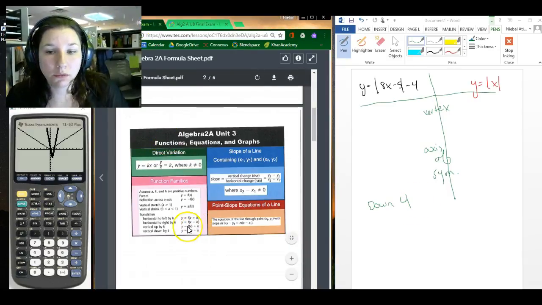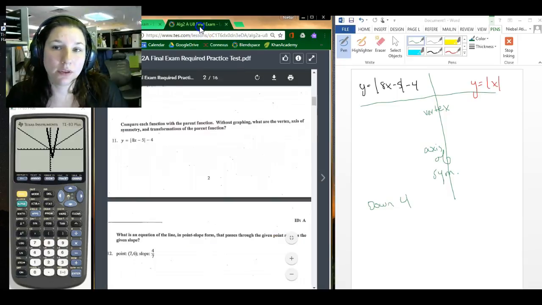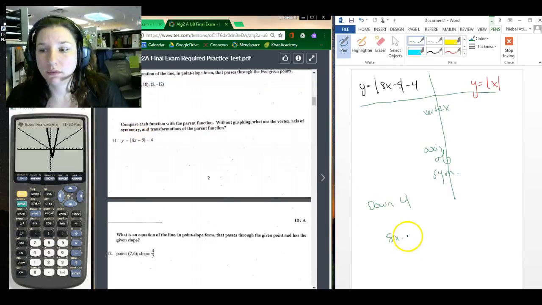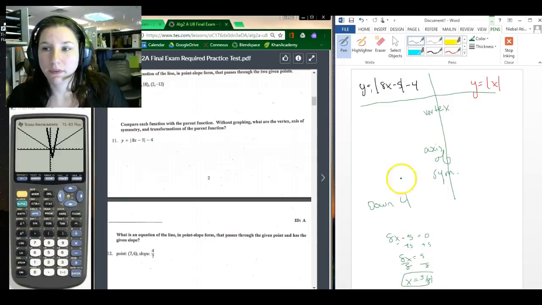And then we know to move it left and right, we are making a change to the x. So how is the x changing here? So if you take 8x minus 5, if you want to figure out what the x is, you can set it equal to 0. And then divide by 8, and you're going to get x as 5 over 8. So our vertex is going to be 5 over 8 for the x,